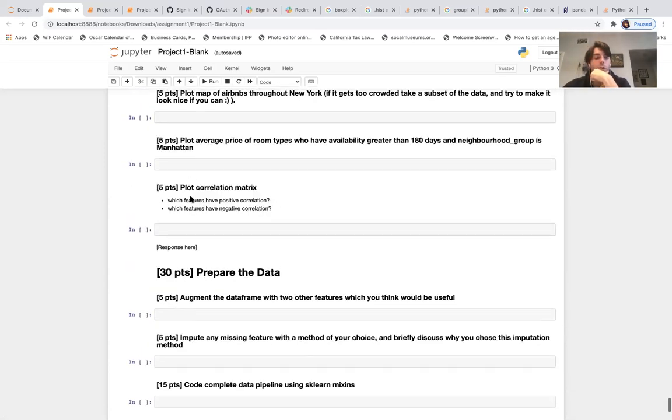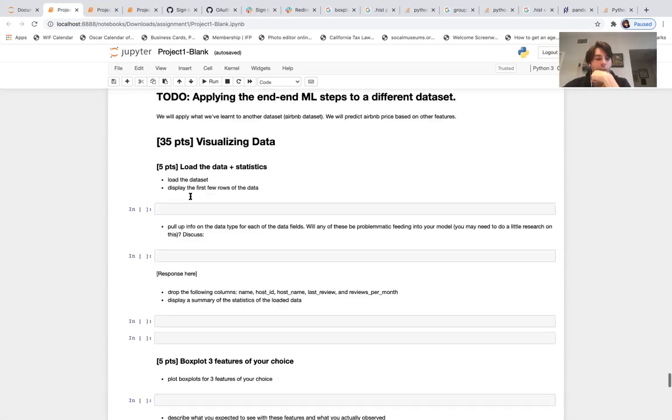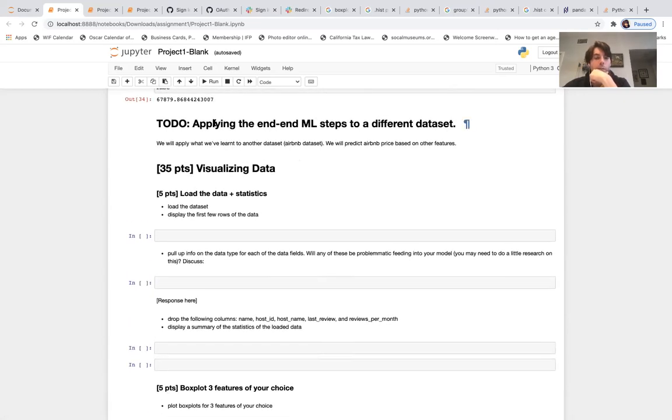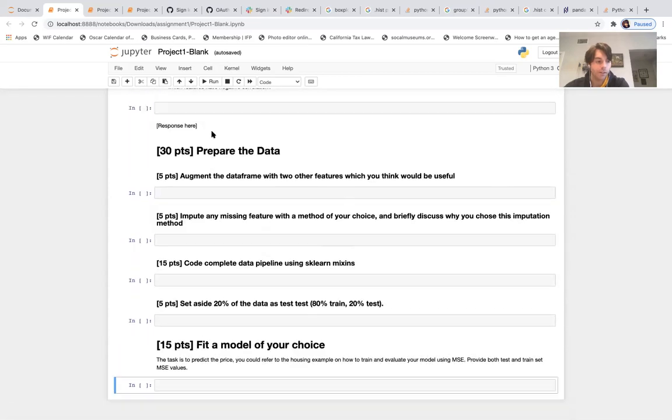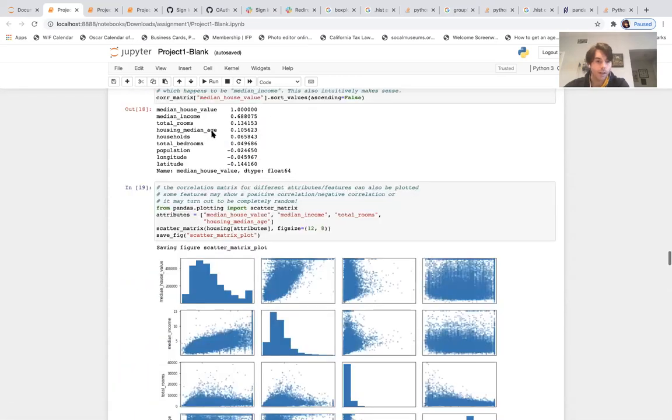And then the part that you're going to actually fill out is right here at the end. You're essentially going to be asked to recreate that entire step-by-step process, but with a separate data set of Airbnb rentals in New York City. So that's effectively what you're going to be asked to do for this assignment. Okay, so